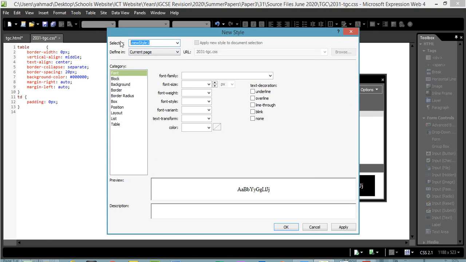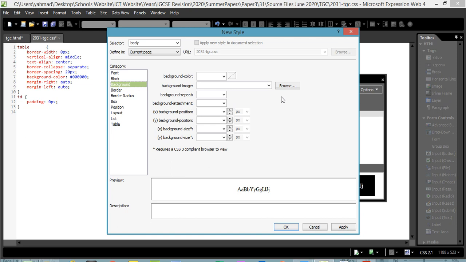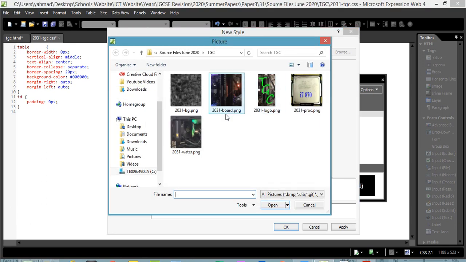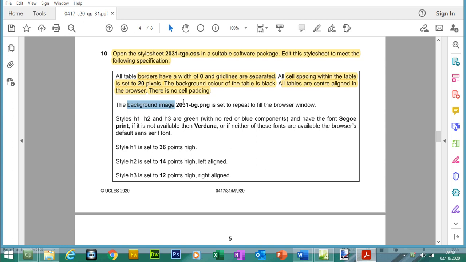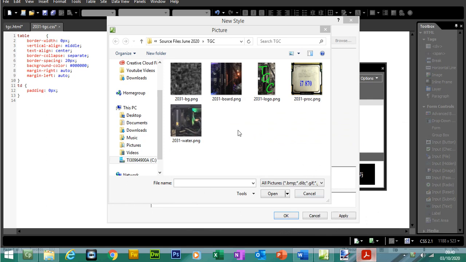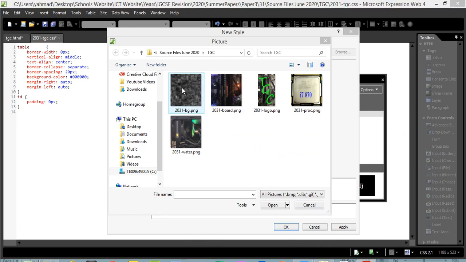So remember guys, the body tag is for your background. Go to background and then we can browse and select the picture for the body. Okay, then we just double check the background picture again. Yep, it's going to end in BG, which probably refers to background. Double click,